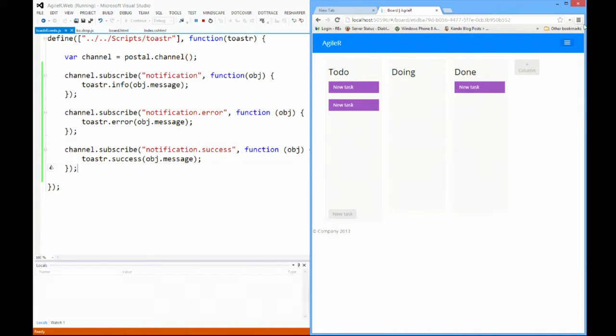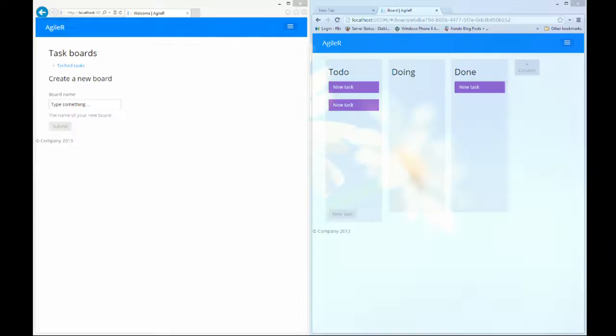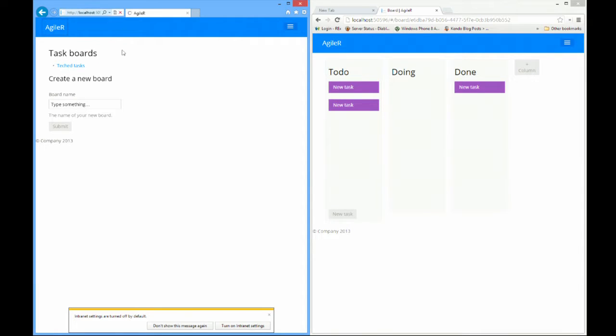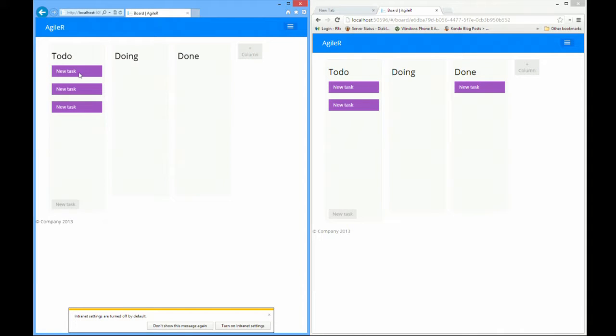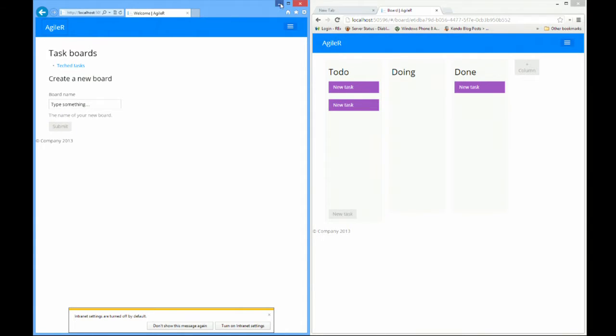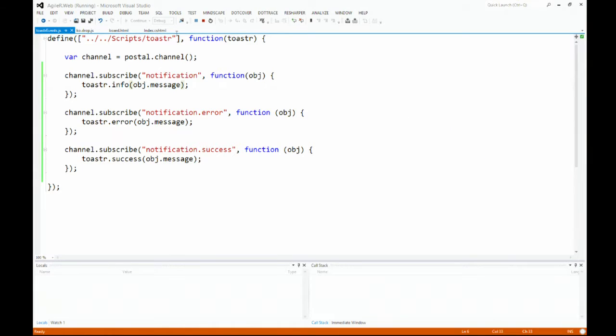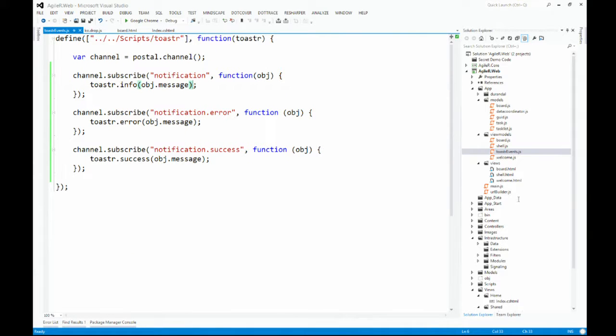That's why I think using this pub sub on the client gives you that advantage, because it separates those concerns and you can add and extend the behavior as your app grows. Okay, so I've just loaded that up in IE, and what I want to do now is get that drag event across to the other client. So let's do that. What do we need to do that?